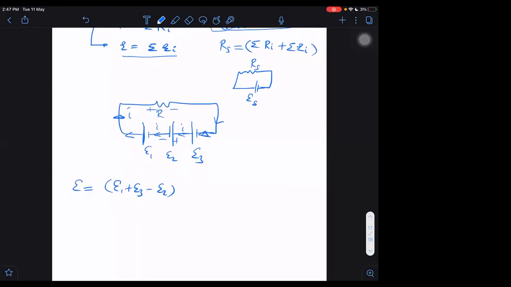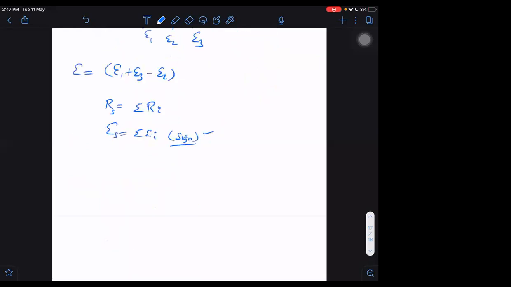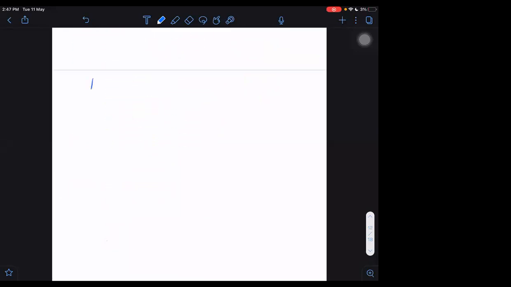As far as the internal resistances and the external resistances are concerned, as long as they are in series, there is just one formula for effective resistance, and that is always equal to sigma Ri, whether internal or external. Those will be added up only. Similarly, I can say ES also is sigma Ei. The only difference is that for this we have to take care of sign. Next, parallel combination now.